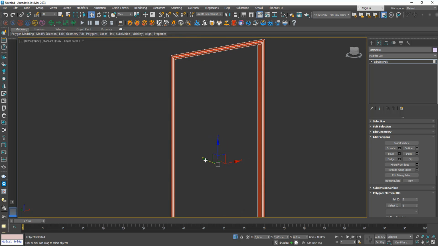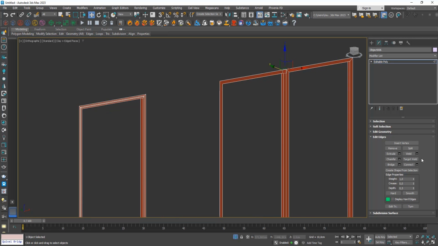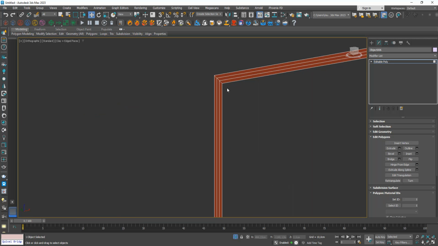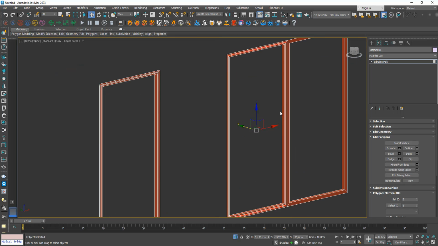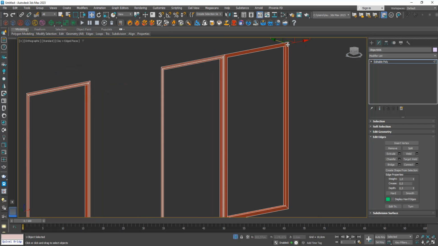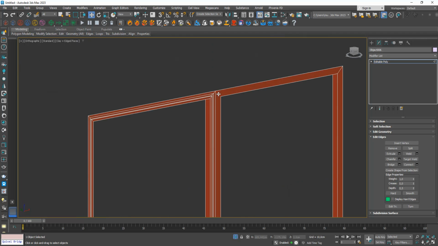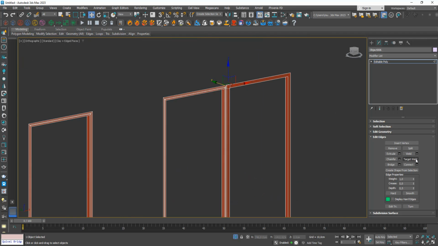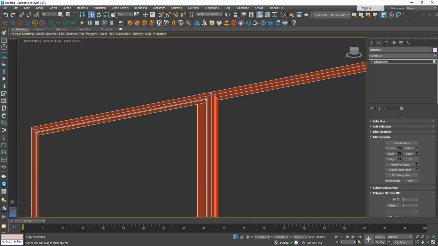Now, smart extrude a little bit inwards like so, and we're going to be doing the same thing with this one. So connect them. Let's go and select the faces at the center, or at the midpoint, if you will, and finally this one too. So I'm just adding a little bit more detail to our window frames, or our door frames rather. Let's connect them twice and select them